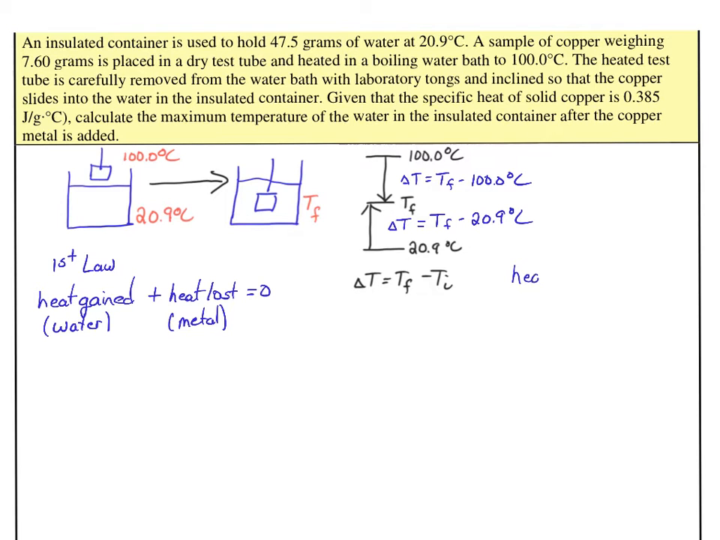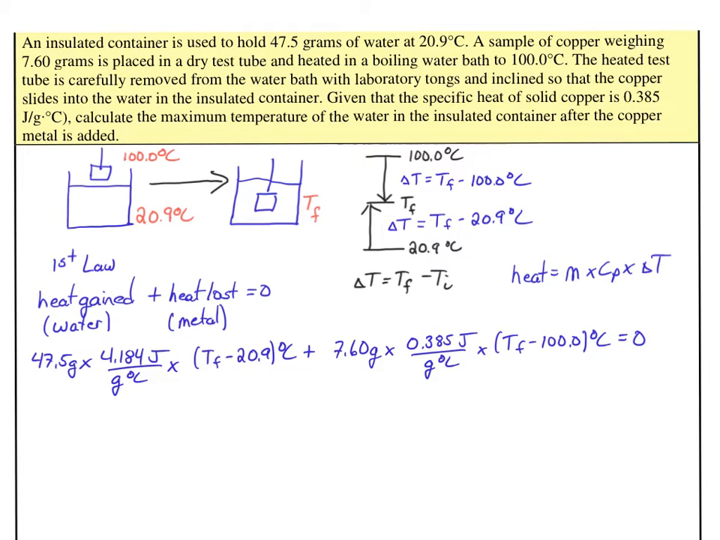And we remember that heat is going to equal mass times a specific heat capacity times delta T. So we apply the equation to the water bath and to the metal. Alright, here's our equation. We have one equation with one unknown. The only unknown here is TF. So we're going to multiply this out, noting that we have to use the distributive property,